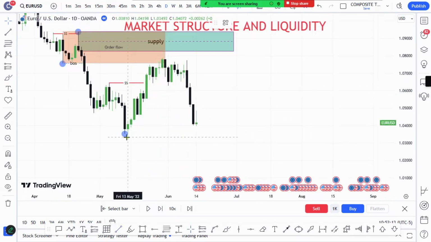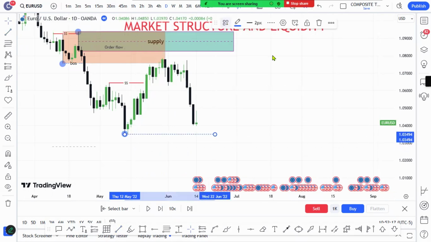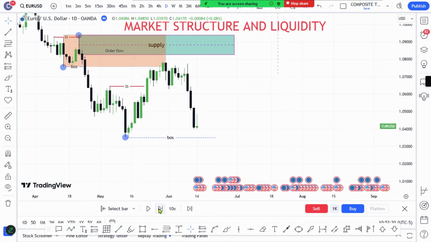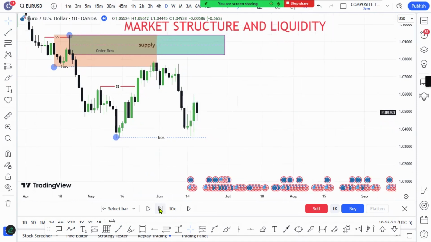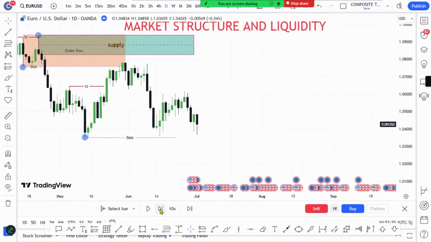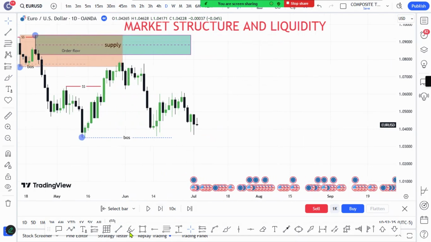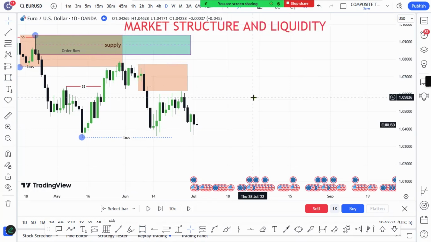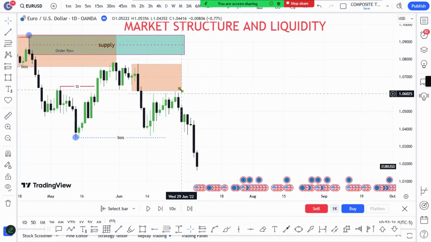If we get a break of structure here, we confirm our high. Let's try to go high again. And you see, price went higher just to mitigate this supply zone here, mitigated. Not yet mitigated, yeah, mitigated. So let's see what happens here. Now price breaks the structure to the downside.